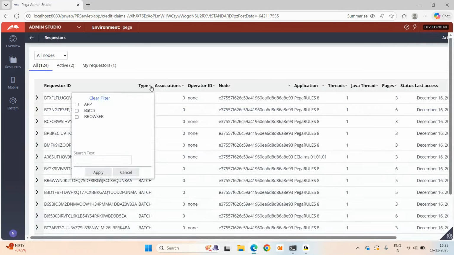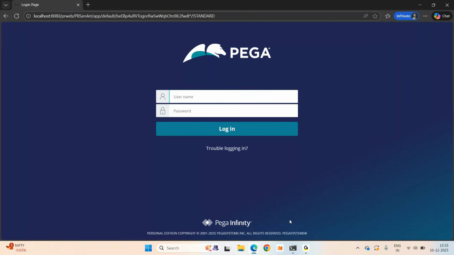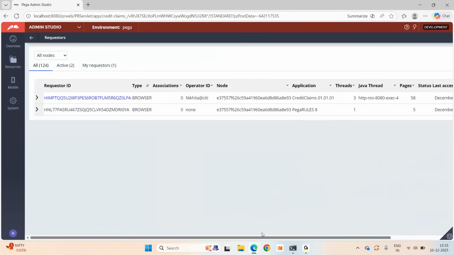Take only the browser requester type because we log in from the browser. There are two requesters here. One is Nikhila City, which I logged in with. This is my current session. There's another one, so I assume that maybe the other one is this one. Now, assuming that this could be the one,